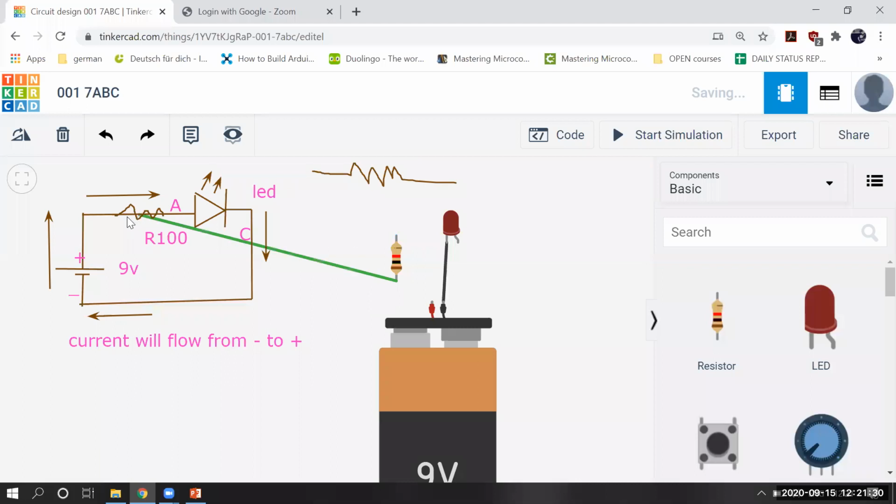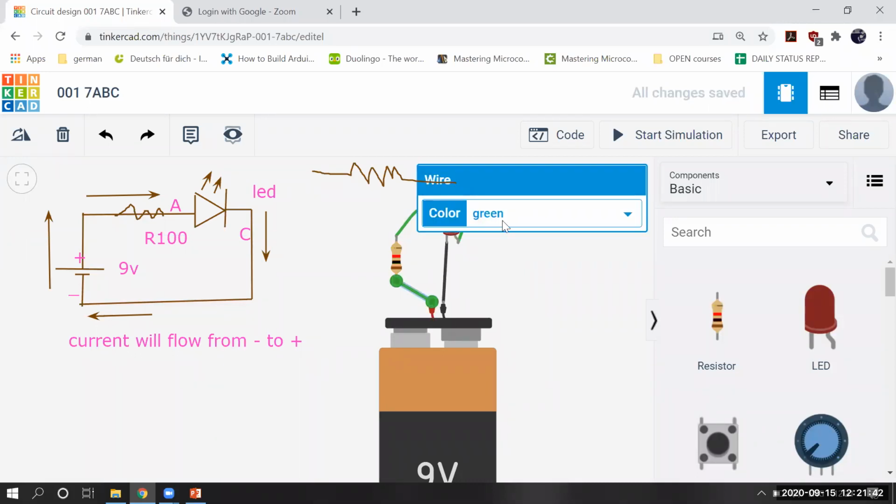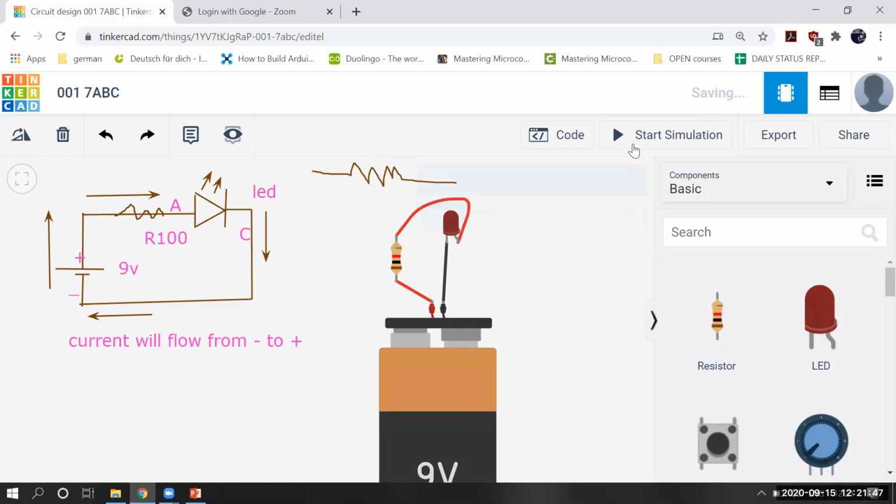You can see that this end is connected here, right? So I will connect it here. And this terminal is connected here, like this. I will again change the color to red, and let's start the simulation. Now it's properly turned on, right?